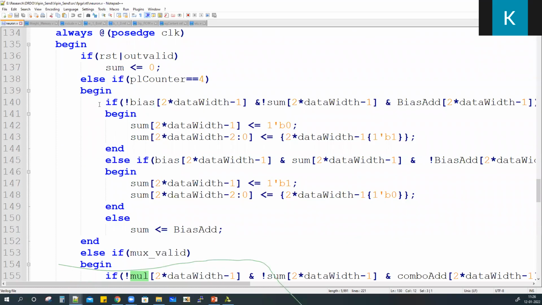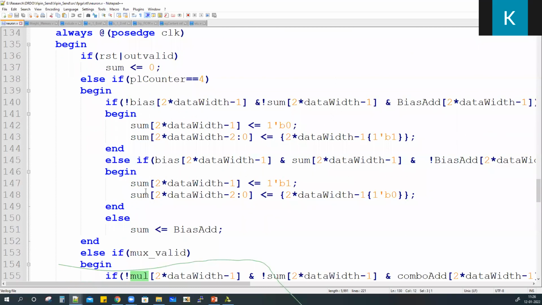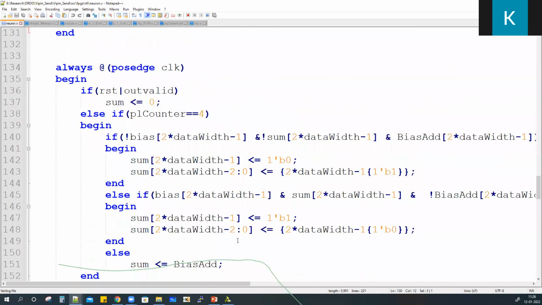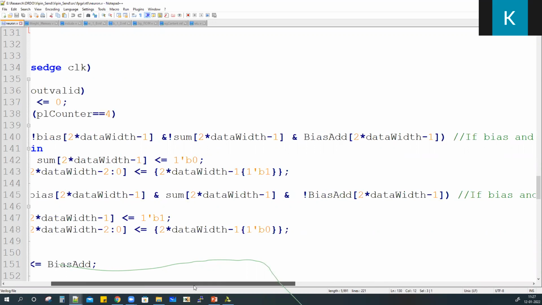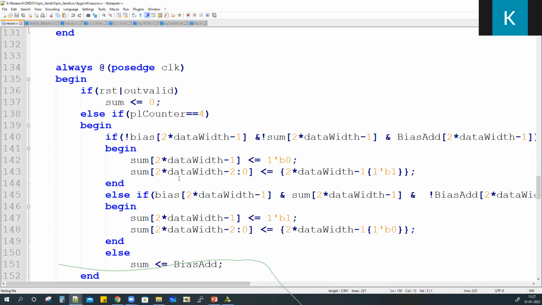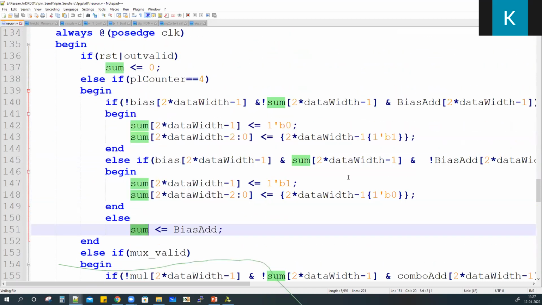All these if, else if conditions that you are seeing here are for preventing overflow. Again, I will share details later. Basically, this is the idea used for overflow. When you are adding two positive numbers, if the result is negative, that means there is an overflow. Same for negative numbers also. That is how we find out whether there is an overflow. Both overflow and underflow can happen, and if so, this will do a saturation.